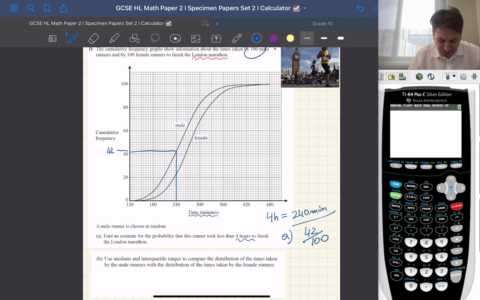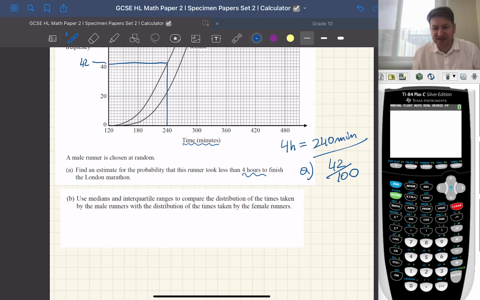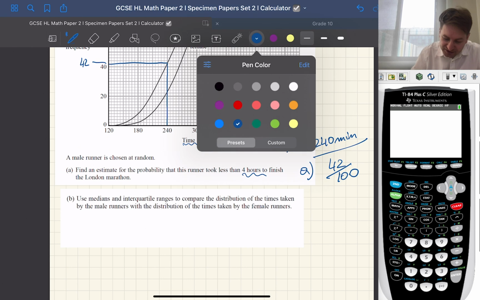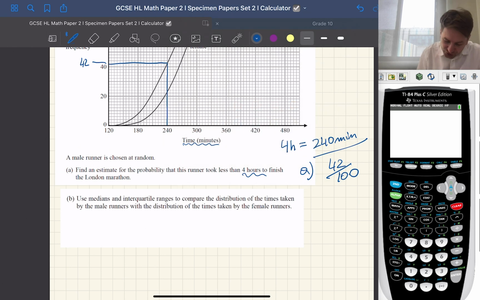Right, moving on. This is the type of question where students all of a sudden forget they are in the math exam and they write an English essay. No, this is not about you writing a story about what you think is happening here. This is very specific. If they want you to compare the distribution of the time taken by male runners, they essentially want you to compare median. There's always at least 2 marks on this. This one actually has 4 because there's a lot to calculate, and something called